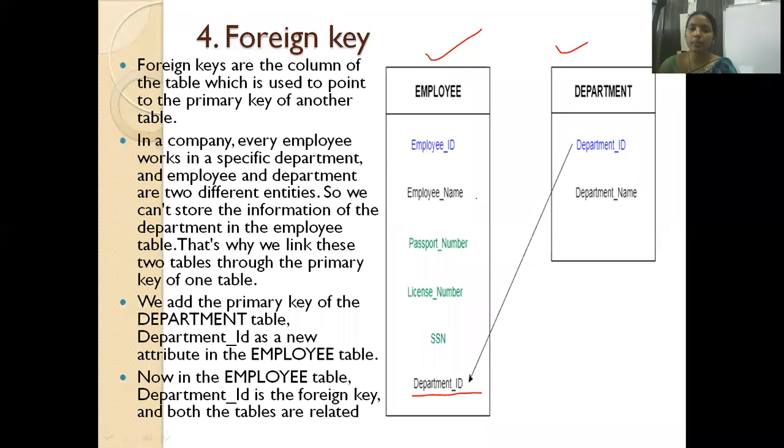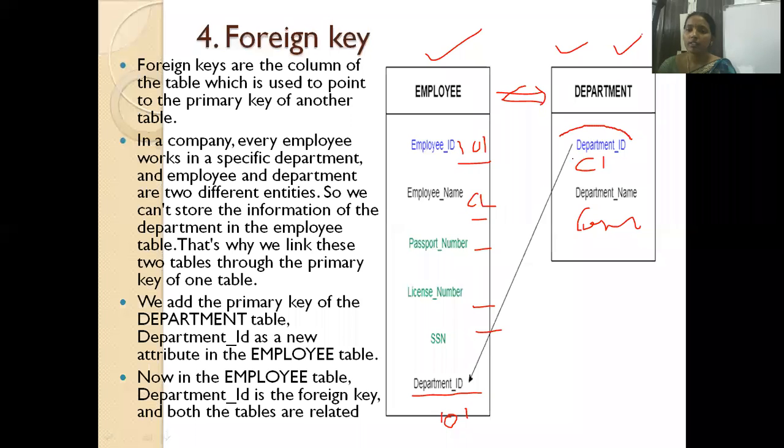So for example, say the employee name is A, so he has different values, his ID is 101. Computer department, so the computer department ID is C1. So what do we write here? So 101 is employee A. He works in the computer department. So the department ID value is what? 101. So that means what? This employee is working in department 101. So this 101, where will this value be available? In the department table. That means here we have a relation between the employee table and the department table by using one of the keys of this table in this table.